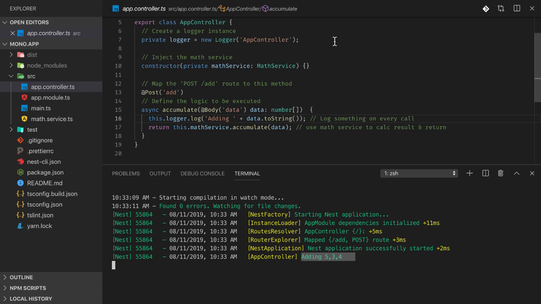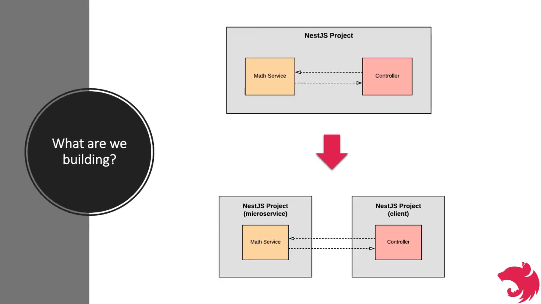From here, let's move on to actually recreating this exact same thing, but in a microservices architecture where we pull out the math service and have two projects. One project for the web app and one project for the microservice that this web app uses. We just reviewed the code for our example traditional app you see at the top here. Because so few changes are required to convert this to a microservices app, I think the best approach is to simply make a copy of this project and modify it